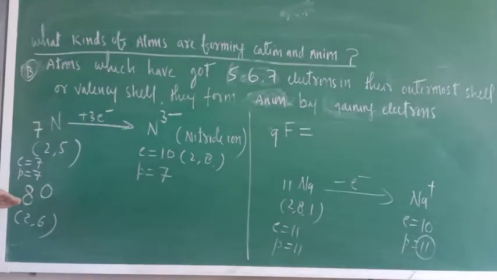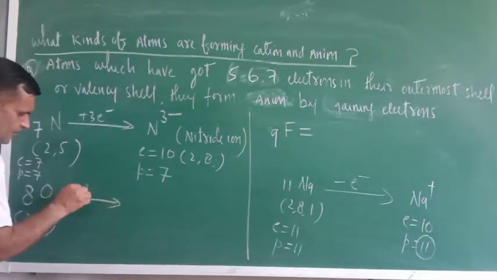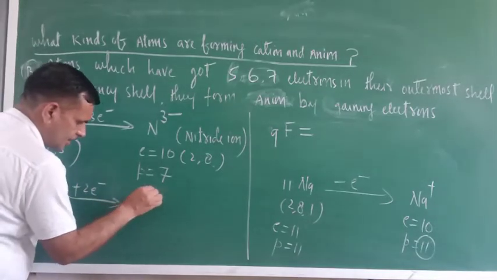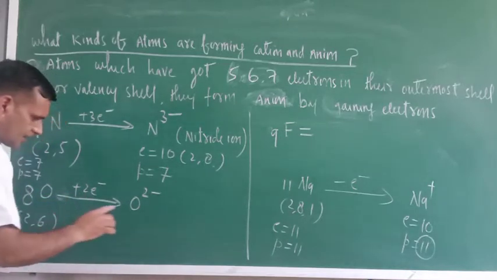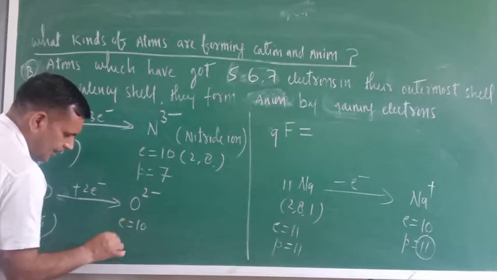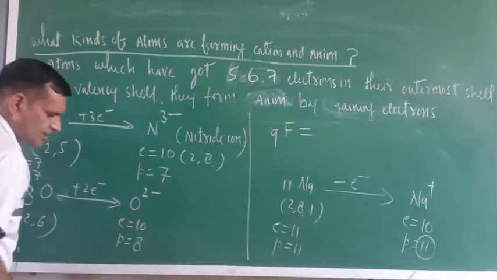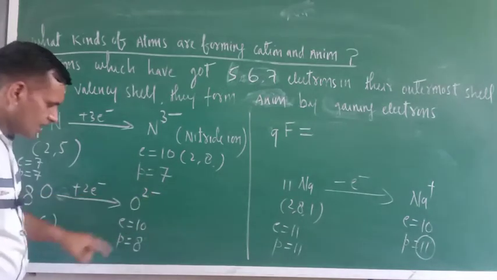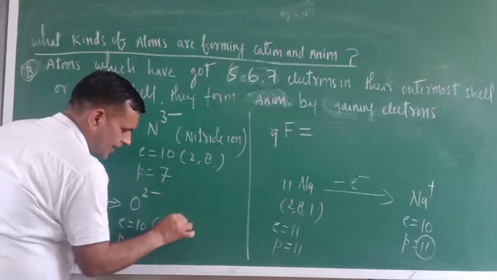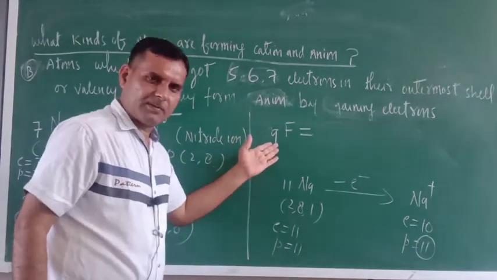Okay, now let us come back to oxygen. Oxygen is 2 and 6, atomic number 8. Now it requires 2 electrons to have 8 electrons, so it will gain 2 electrons. Here oxygen is O 2 negative because it is gaining 2 electrons. Now the number of electrons is equal to 10 and the number of protons is still 8. Since there are 2 more electrons than protons, that is why there is a 2 negative charge. Now the octet is completed, 2 and 8. Correct?